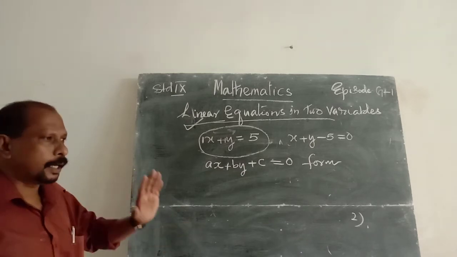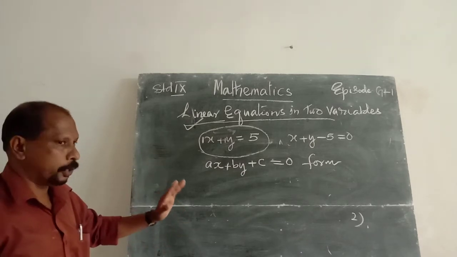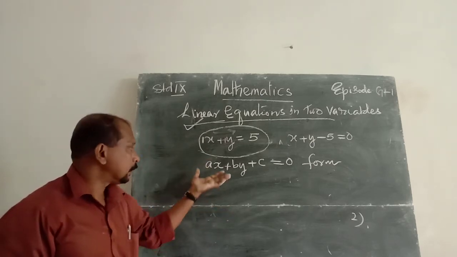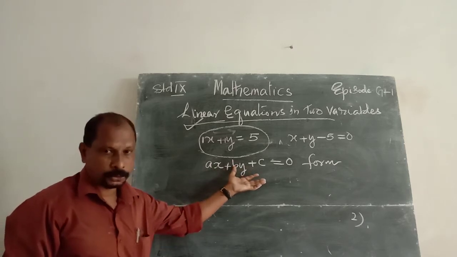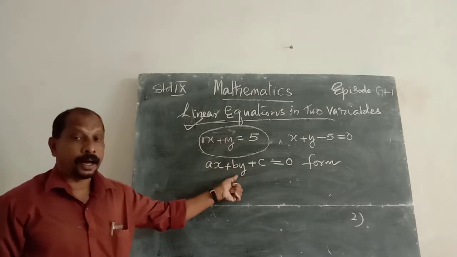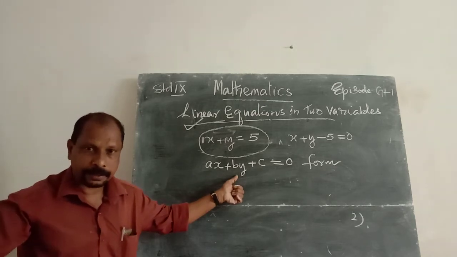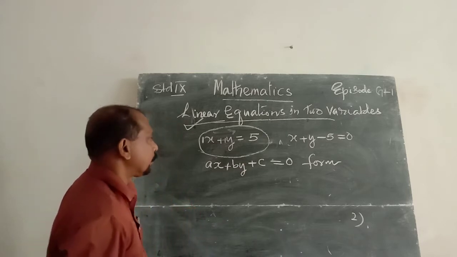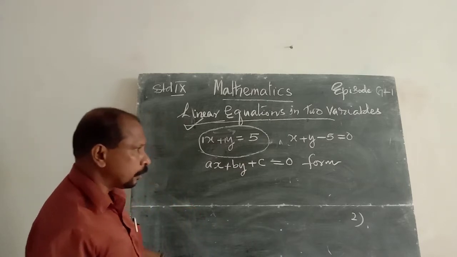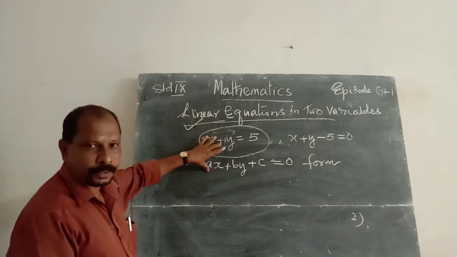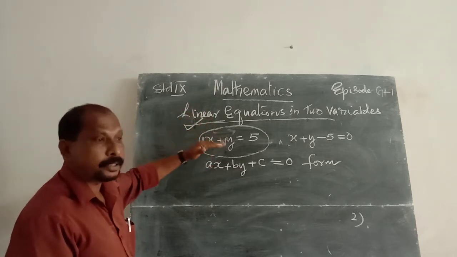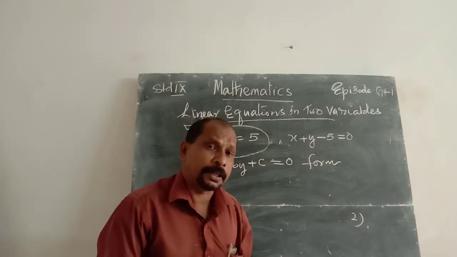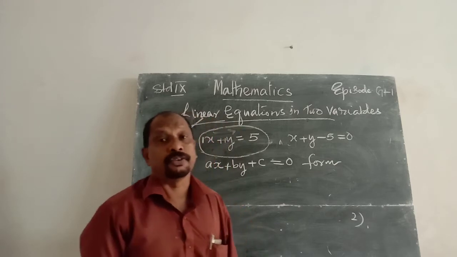Okay? Then what is the general form of a linear equation in two variables? That is, the general form is ax plus by plus c is equal to 0. x and y are variables, they are always related. a, b and c are constants. Therefore, in this equation, there is an infinite, meaning not finite, set of numbers. How many sets of numbers? There are infinite numbers, therefore they are infinite.